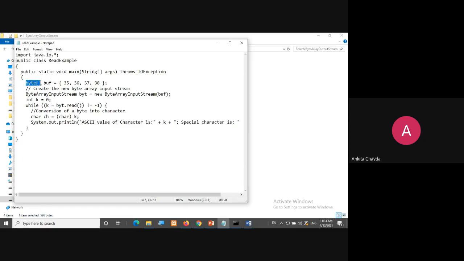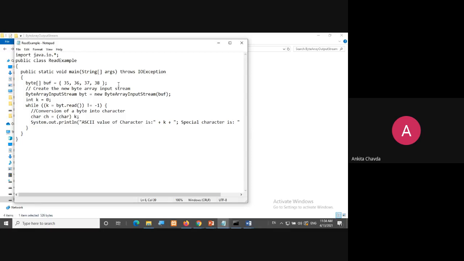So here I'm reading this byte array buf, that is the name, the buffer, and inside that I'm writing 35, 36, 37, 38. So this is my byte array, and these are the ASCII values of 4 characters.